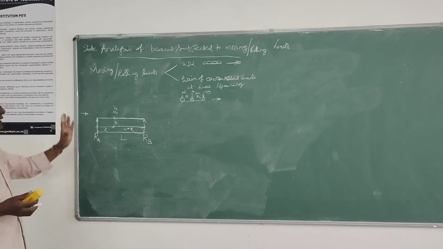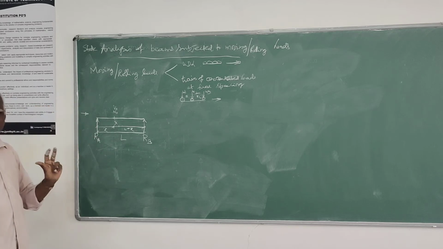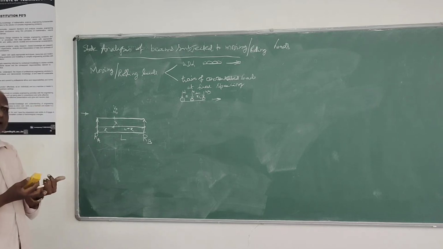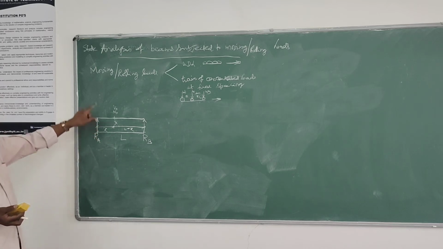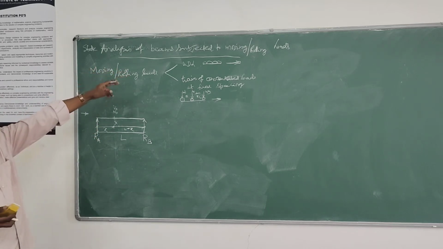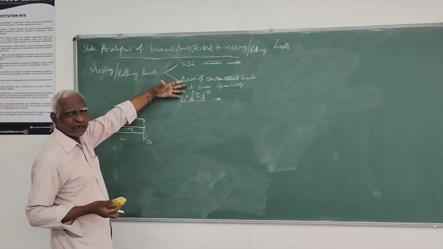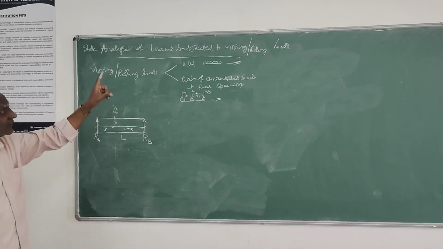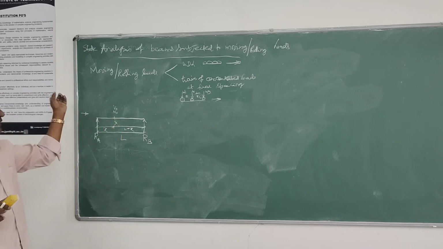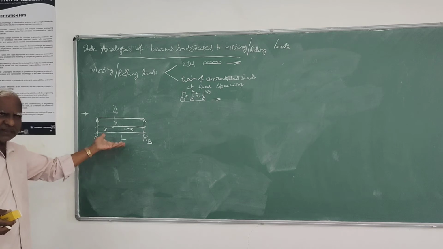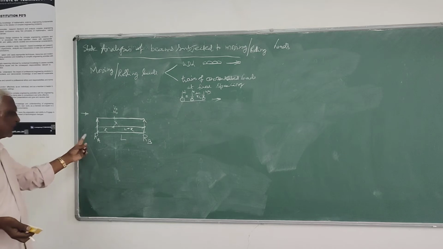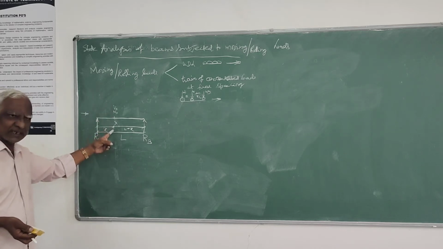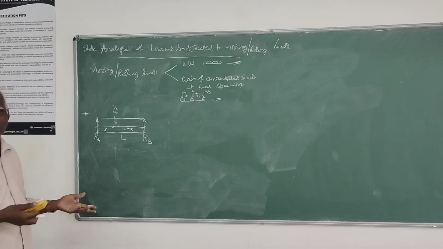That's another thing. Then at any section, how to determine the bending moment and shear force. At any section, the absolute maximum bending moment, absolute shear, and regular shear force: these are the forces which we have to determine in beams whenever they are subjected to these two varieties of loads. That's all we have in this unit 2, static analysis. Static analysis means only the forces, internal forces and reactions, that we are determining. That's what I have told. We have to determine the reactions, moment and shear at any point, and absolute values for the design.